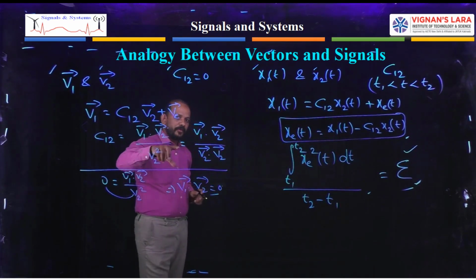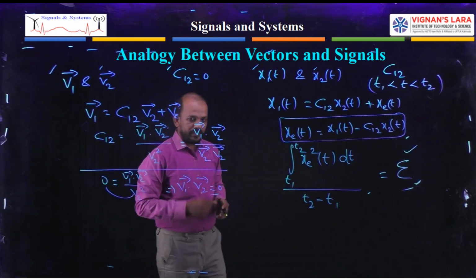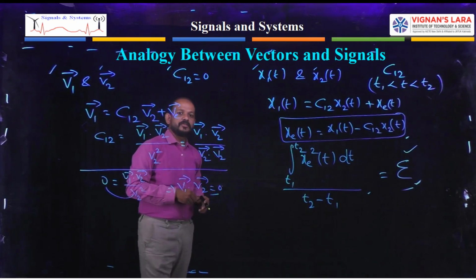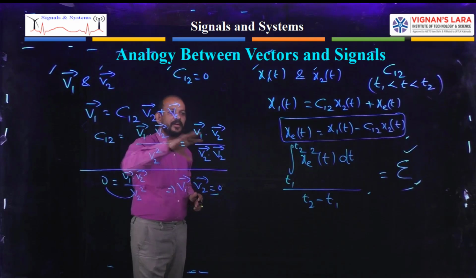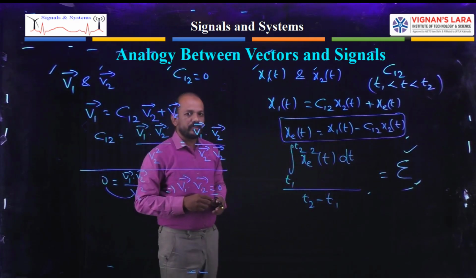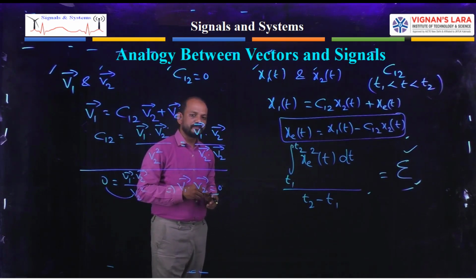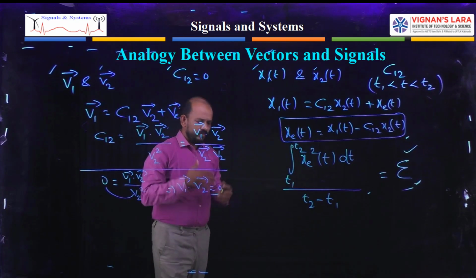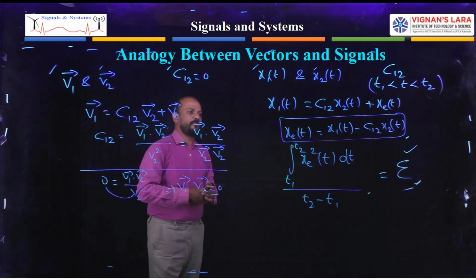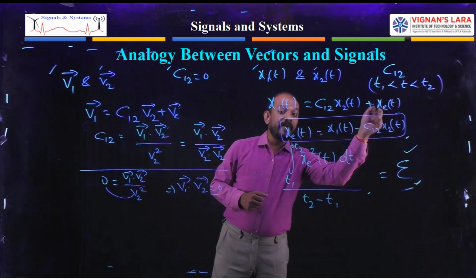That is the work I had given to you. You have to find out the value of C12. Many of you have not done that, and you asked me to do it. For that reason I am doing it now. So you know this one. What is the condition that I had given to you at that point? The condition is simply to choose the value of C12 for minimizing the average of the squared error.